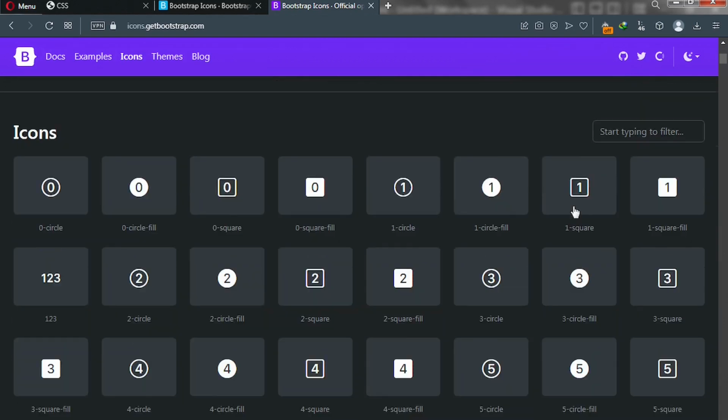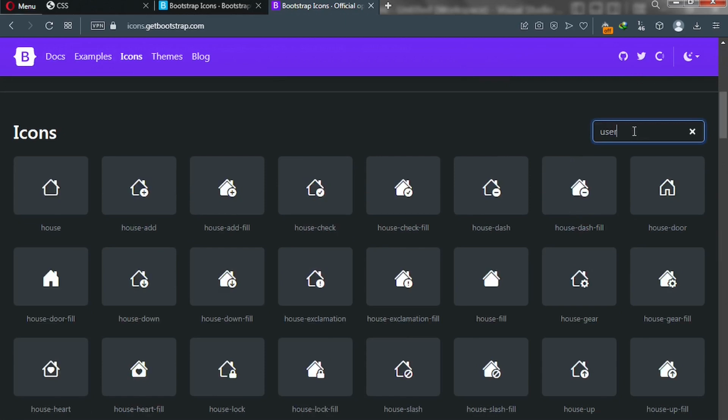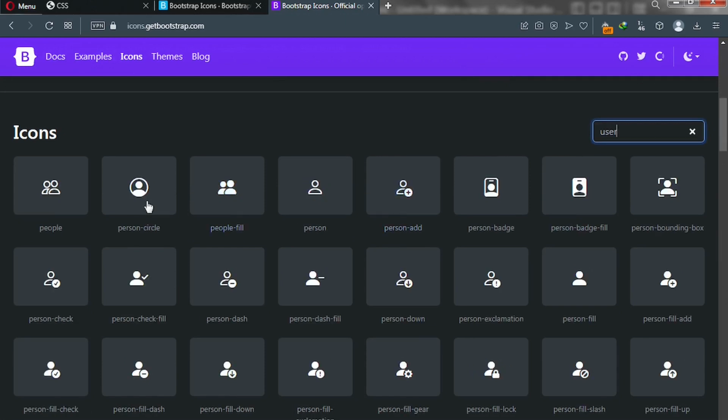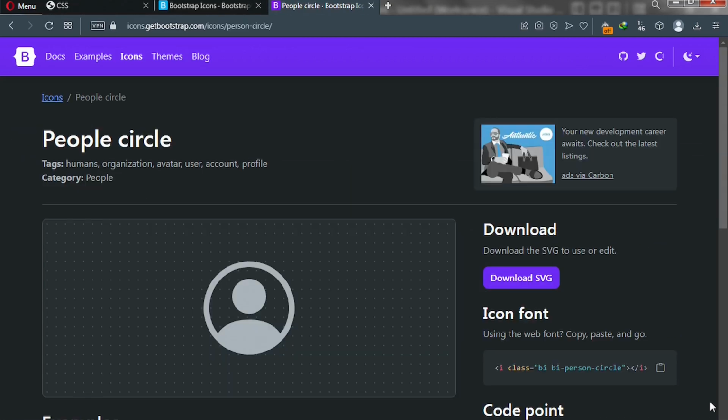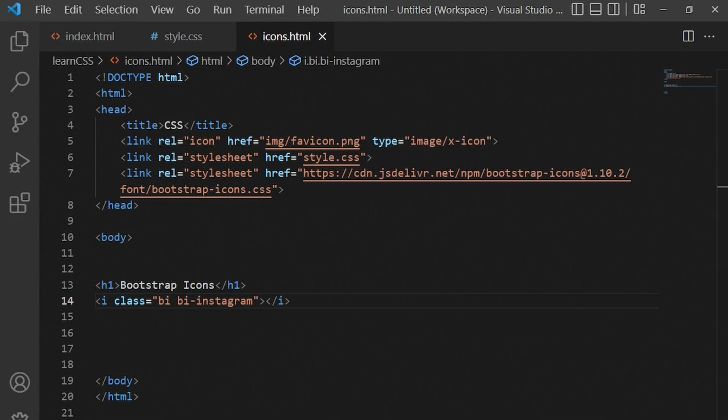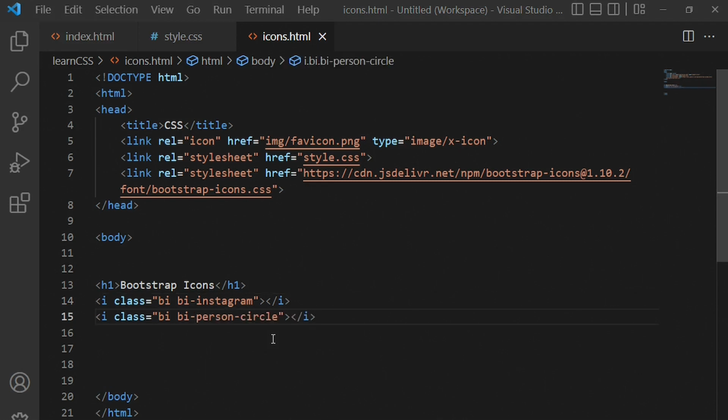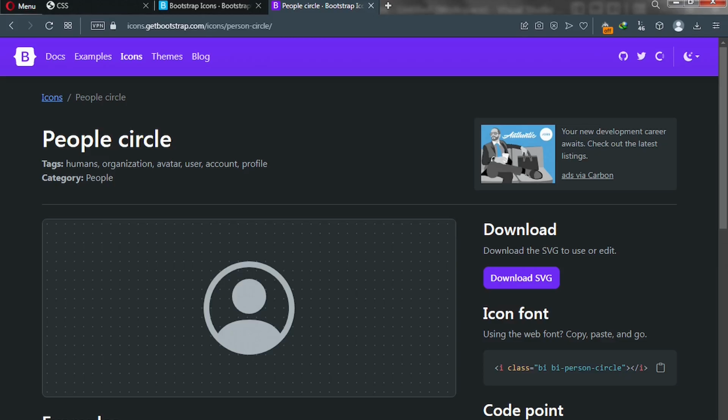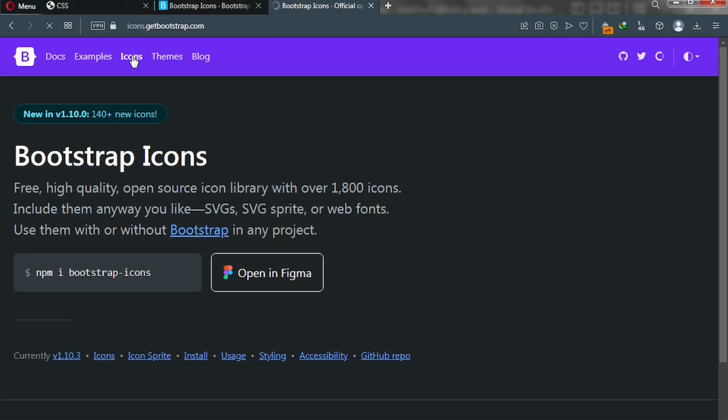Okay, so I'm going to search for something like user. Okay, user icon, and then I will be taking this one. All right, so this one, please click on copy, and then we'll go back to our code editor, and please just come down and paste that one here. I'm going to add a couple of these images and then we'll take it from there. So I'll go to icons and then I'll scroll down